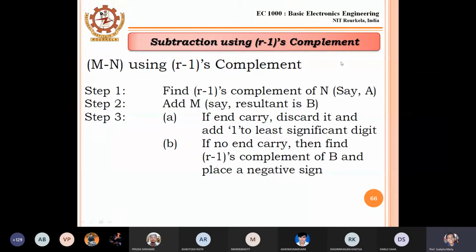Sir, the step 3A will be common for both binary subtraction and decimal subtraction. Why are you considering binary subtraction? In binary we use 0 and 1. Don't get confused. Binary is a 1-bit subtraction. There is no provision of placing plus or minus. I have 1 bit, I have another bit. So m is 1 bit, n is 1 bit, and the resultant should be 1 bit. Whether there is any borrow or carry doesn't matter. The plus or minus sign doesn't matter.